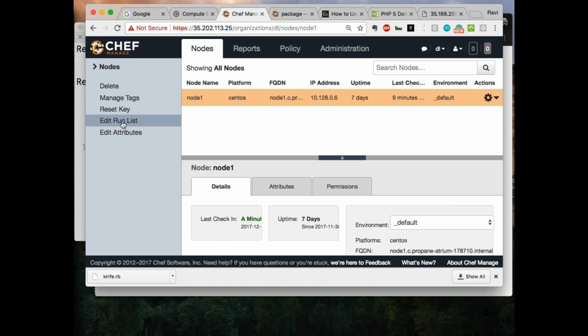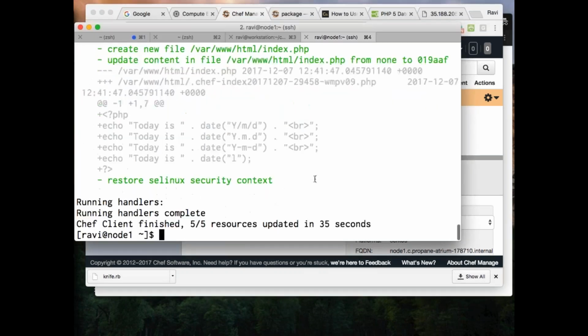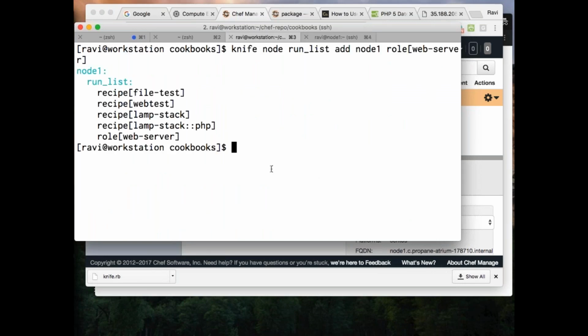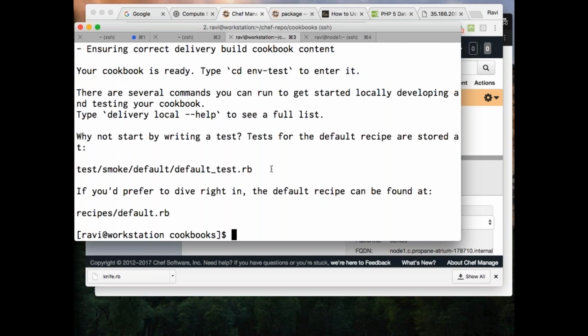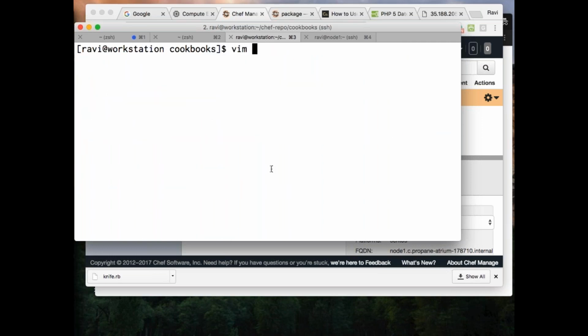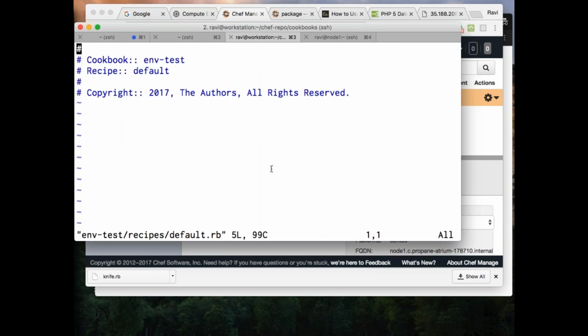So let's say I'll write a new cookbook. I'll say chef generate cookbook environment test. I'm going to go with a new cookbook called environment test. In my environment test, I want to go with recipes, and let's say I want to create a file.